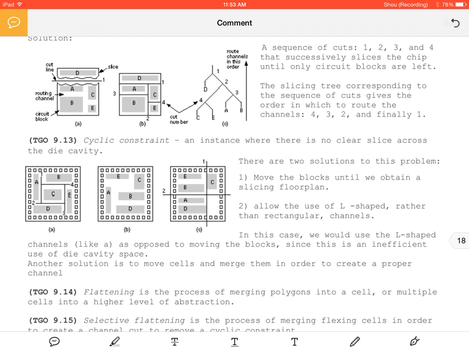So does anybody have any questions about this? I'm still confused. Sure. Why is B better than A or C? Okay, so this is a compromise between the two. All right, so